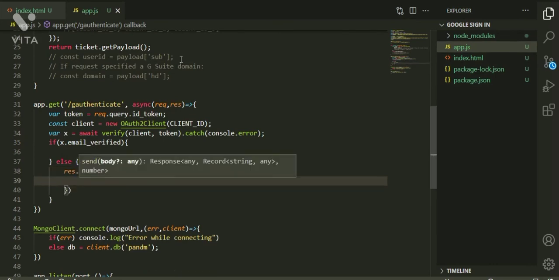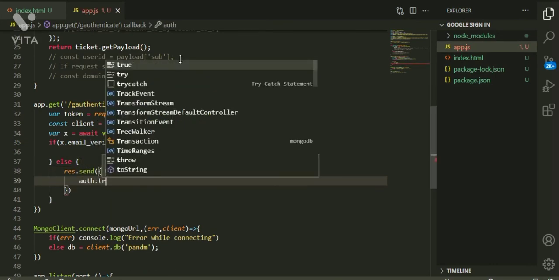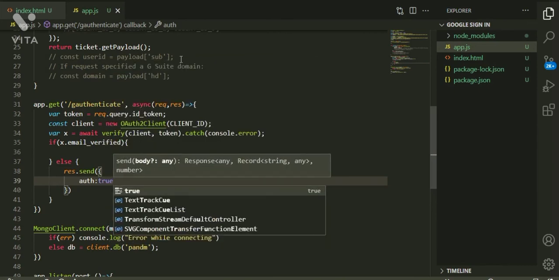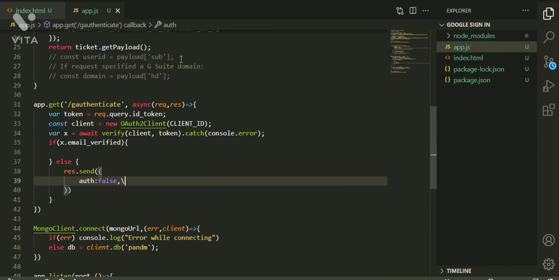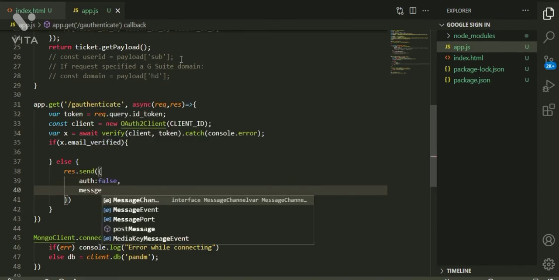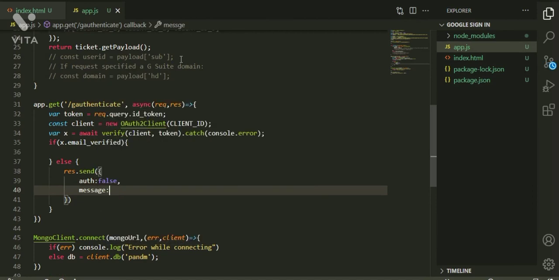So let us send it in this way: auth true, auth false, sorry, authentication failed, and the message will be user unauthorized, something like this.